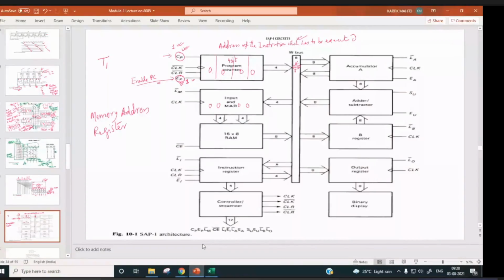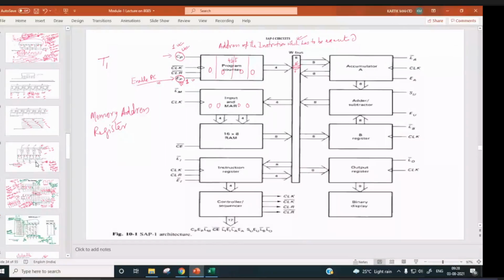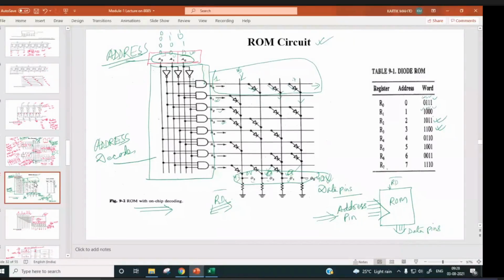Right. This will be our MAR, memory address register. Here we have a 3-bit MAR. So data will be loaded over here, 0, 0, 0. And of course it is 4-bit right now, in the program counter it is 4-bit. So 0, 0 will be loaded, and here it is decoded. And after decoding, it will point to this location, and it is pointing to this location, so data will come out from this location only. So it will be 0, 111 that will come out.